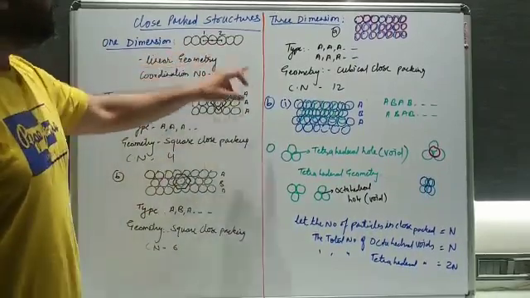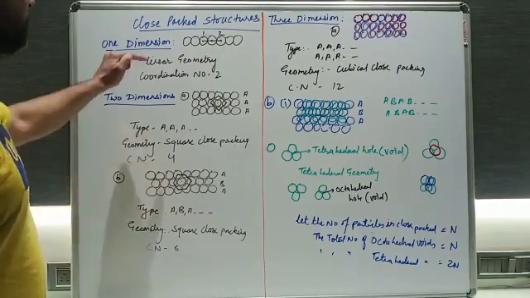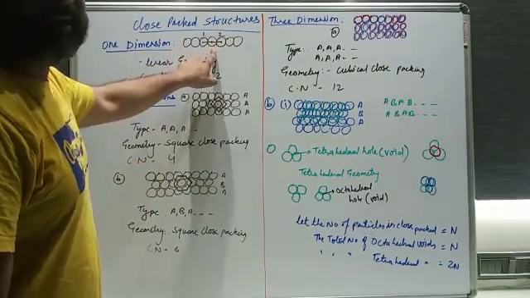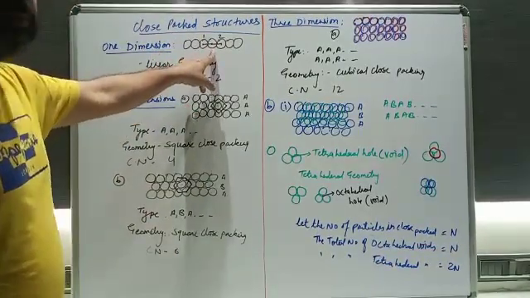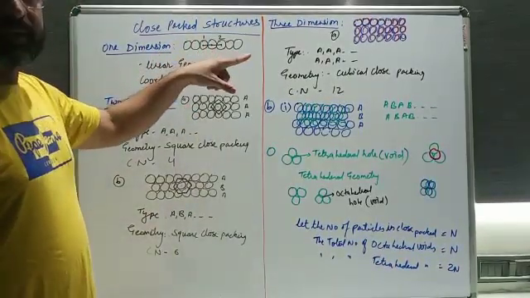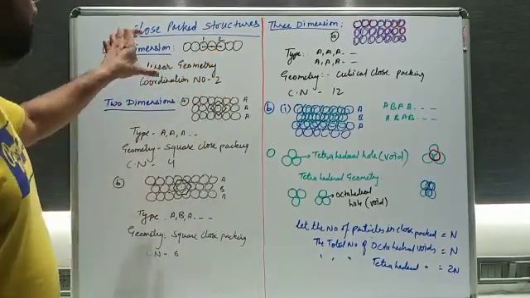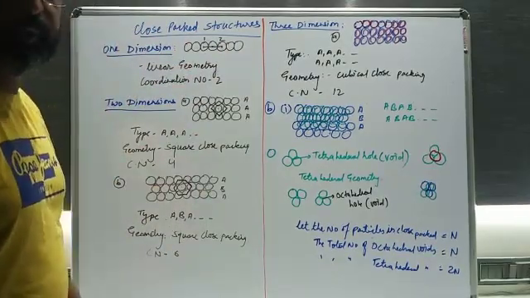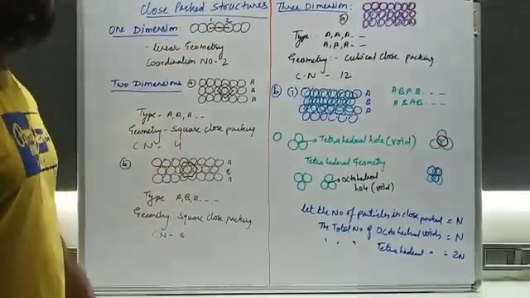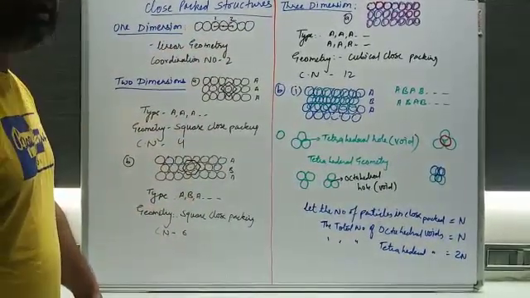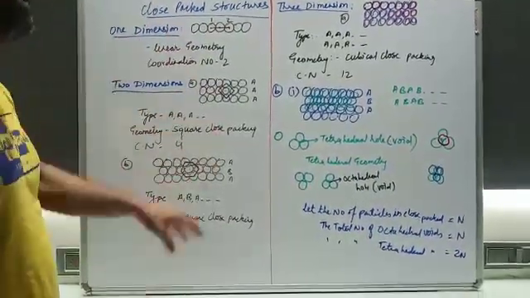So here if the particles are kept in a line and all are closer to each other, you will see that the geometry generated will be linear geometry. Okay, fine. If you take the central particle, this one, how many particles are connected to it? That is 1 and 2, so the coordination number will be 2. So when the particles are close to each other, what happens, beta? The linear geometry will be produced, and the second is that the coordination number is 2. So these two things are to be calculated in these cases. So this is only the 1 dimension part.